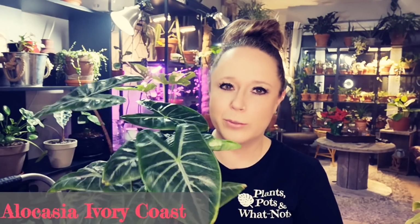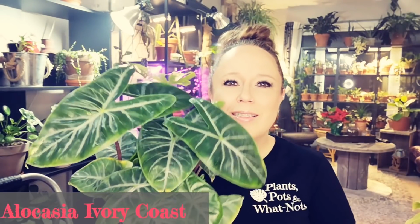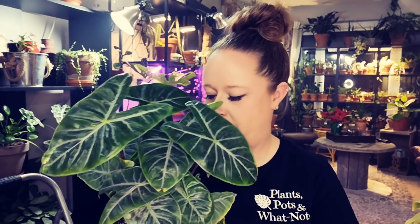We have Jordan's Stingray. And now the newest member of the Collins Farrow household is the Alocasia Ivory Coast. So this plant is so cool. And when I saw this, they've had them there for quite a while. And like I said, I kept passing them up, but this time I just couldn't pass it up anymore. And the coolest part about this particular plant is when I bought it, it had